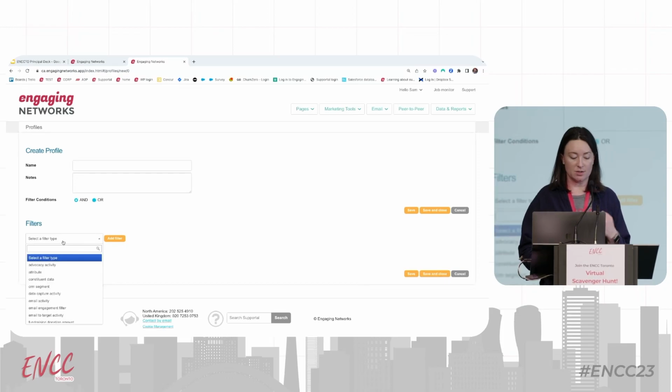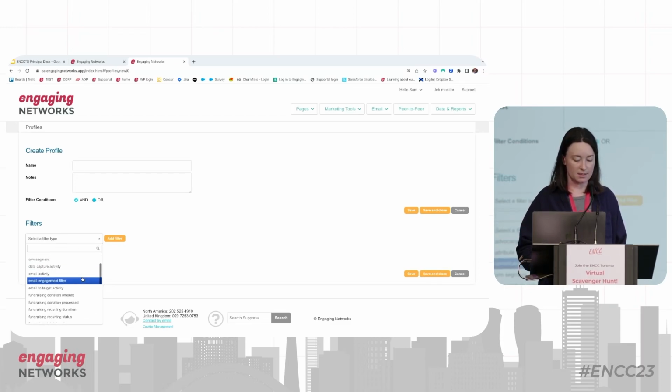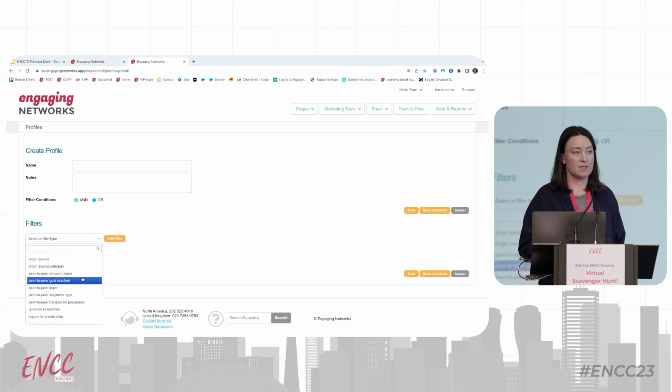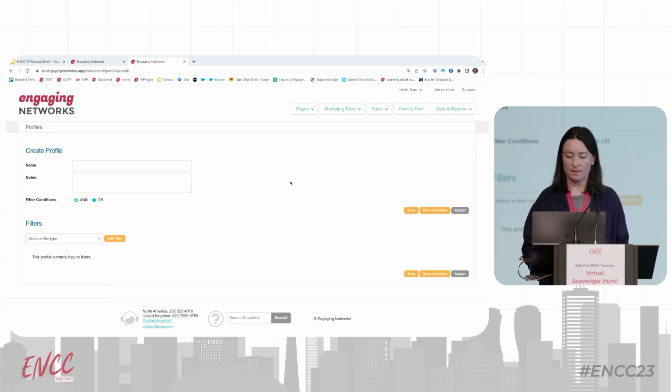But this just allows you to actually build the segments that you may subsequently want to email or send conditional content to. So that's really the first step in creating conditional content, is to first build out your profiles. Once you've done that and you've also created your template, you can